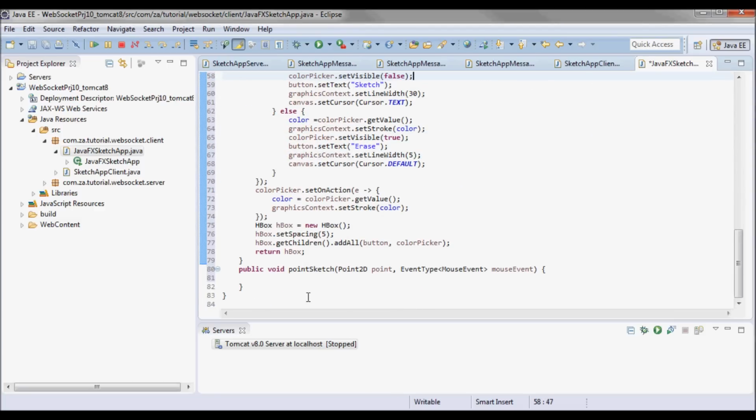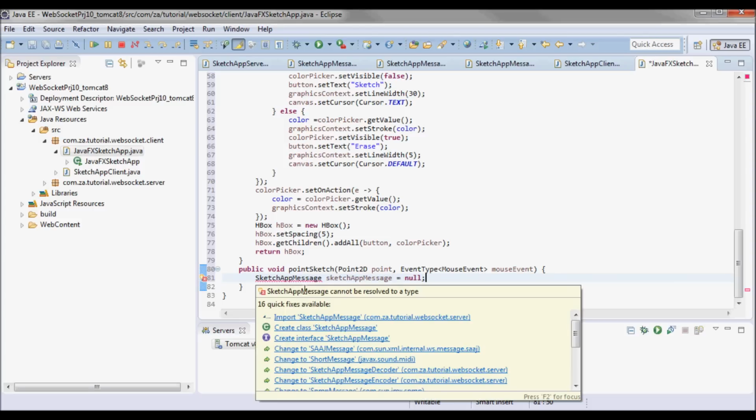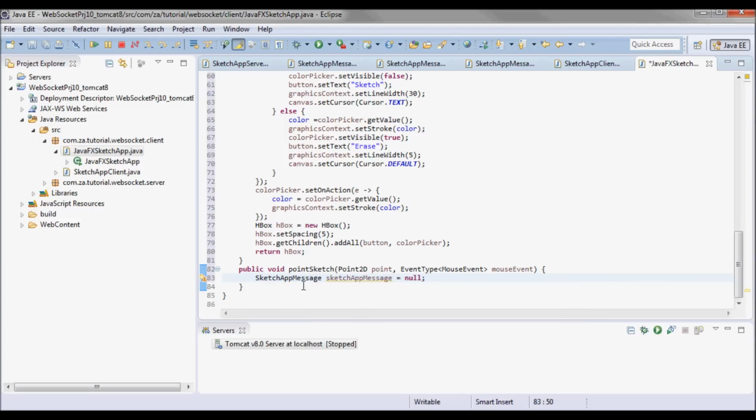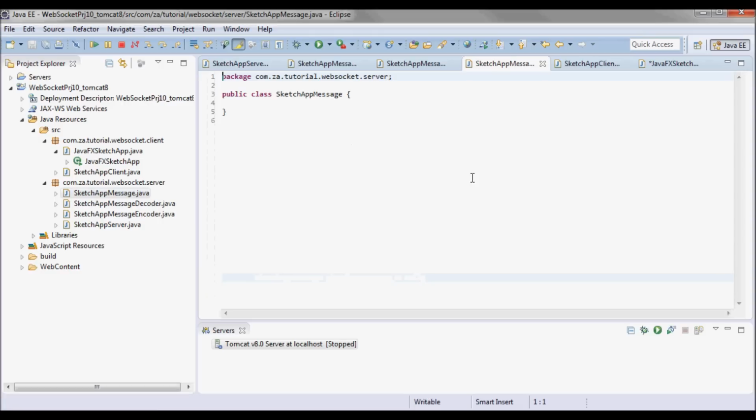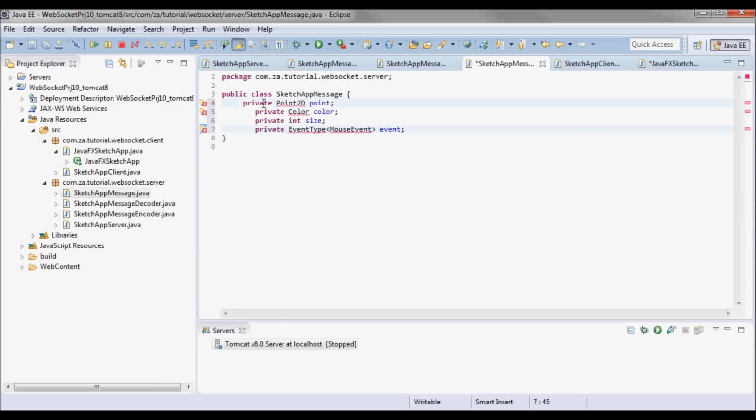Now since this client will be communicating with the server about what is being sketched, I'll have a sketch app message over here, and let's actually go ahead and code this one. Now sketch app message will contain the sketching information communicated from the client to the server.